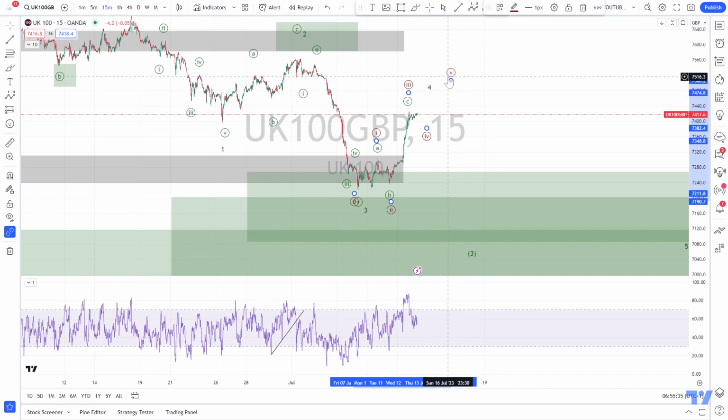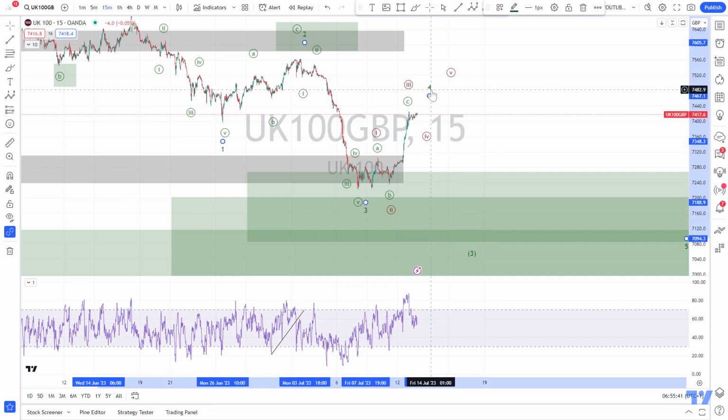for me. But in my primary scenario, I will still assume that this is a wave 4 actually, and then we here should have an ABC correction like this, A, B, C. And then, as I told you, we are reaching the upper limit here of this wave 4. This would mean that we really start to go down again from here. So yeah, you could enter a short here, but